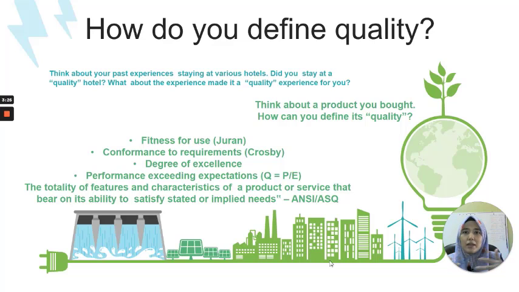Okay, betapa bagusnya kasut ni bila lari boleh lawan Usain Bolt. Contoh lah. Okay, the degree of excellence. Ambil gambar ni, pakai kamera ni, dia kata 40 MP boleh muka jadi kecil. Contohnya macam tu. Kemudian performance exceeding expectation. Ada setengah phone dia tak declare pun, kalau pakai telefon ni muka akan nampak kecil, tapi bila ambil gambar, muka memang nampak kecil lah, padahal memang muka dia kecil pun. Contohnya macam itulah. So dia punya performance exceed kita punya expectation. Kita rasa macam tak boleh buat, tapi bila buat dia dapat. So it's a very high quality product lah, sebab dia dapat perform lebih daripada apa yang kita expect.